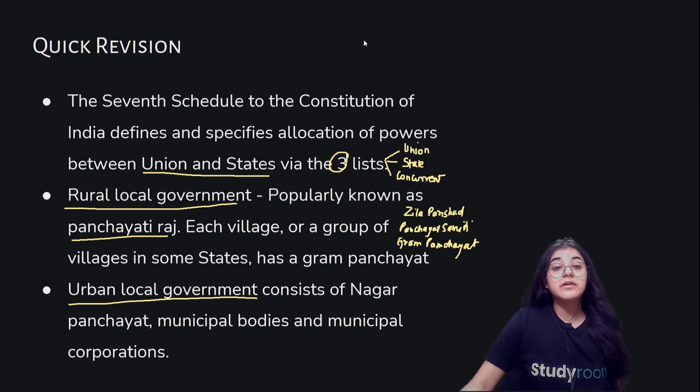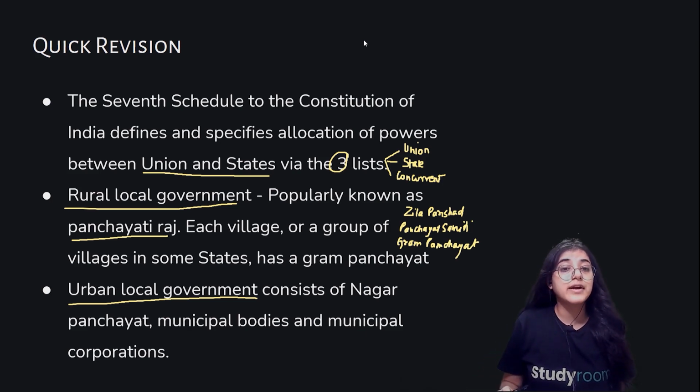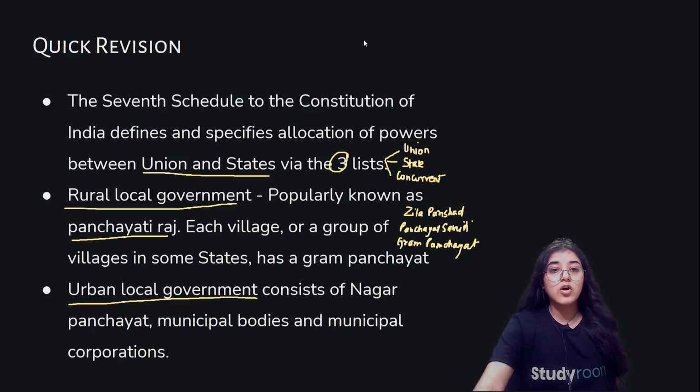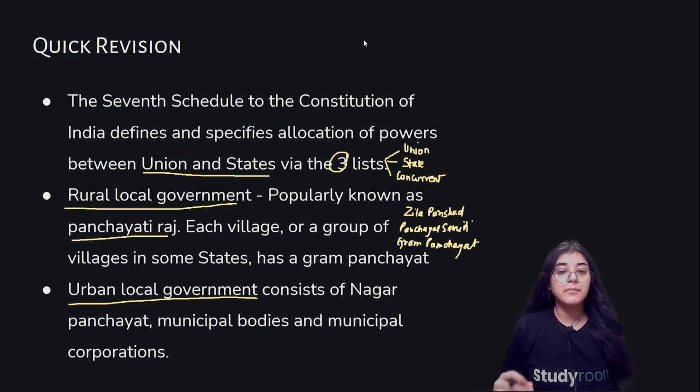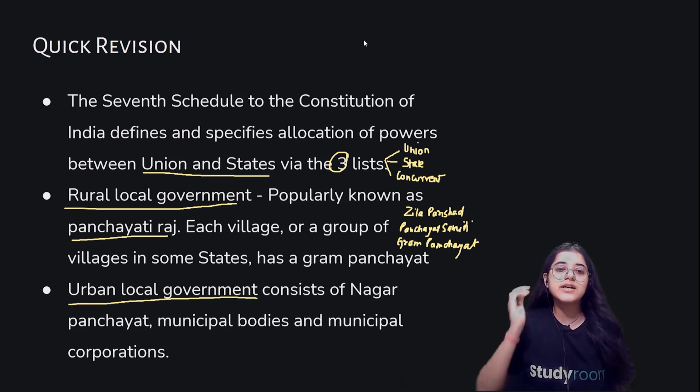But we do have certain limitations as well. Elections are not held on a regular basis, and local governments suffer because powers have not been fully distributed to them. They don't have sources of revenue of their own. They have to take powers from the state government, and this varies from state to state, which makes allocation quite difficult. So these are certain limitations, along with the positive outcomes of decentralization.